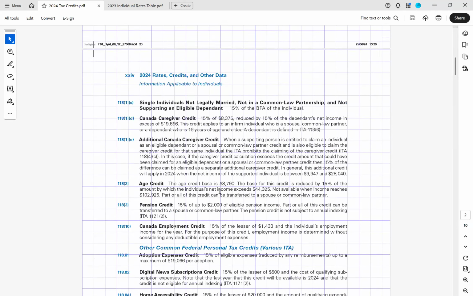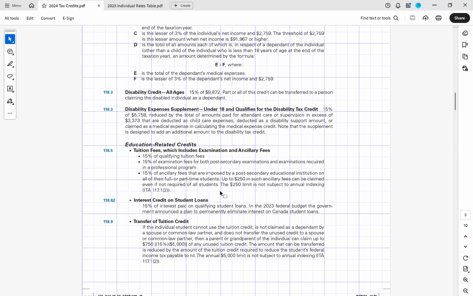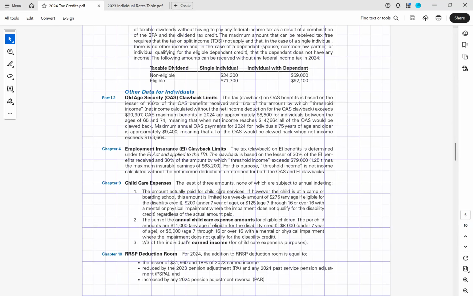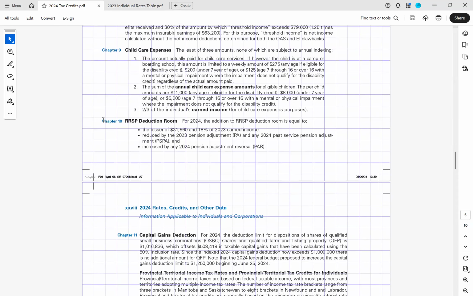We'll scroll down page 2, page 3, page 4, page 5, right at the bottom here, chapter 10, RRSP deductions. Once again, it's the lesser of 31,560 and 18% of last year's earned income, reduced by last year's pension adjustment. So that's where it is in the rates table. It's also provided in your textbook as well. So if we go back quickly to the Excel spreadsheet,